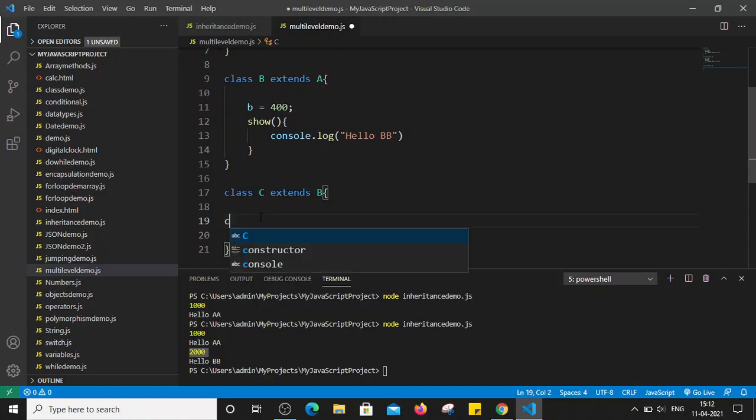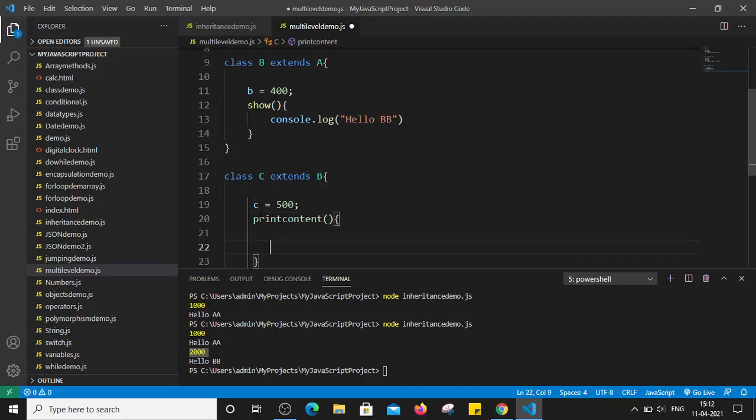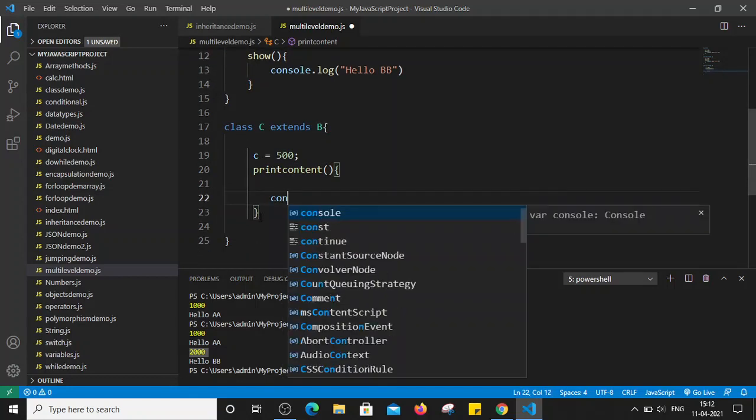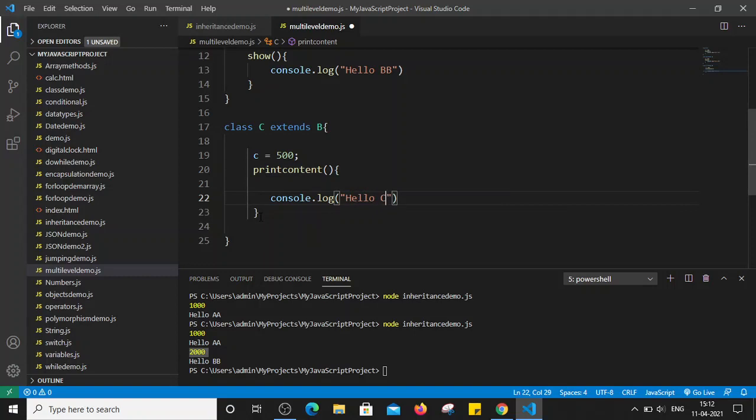Now in class c, let's define one variable, c is equal to 500, and let's give one method, print content. This method will simply print console.log hello cc.